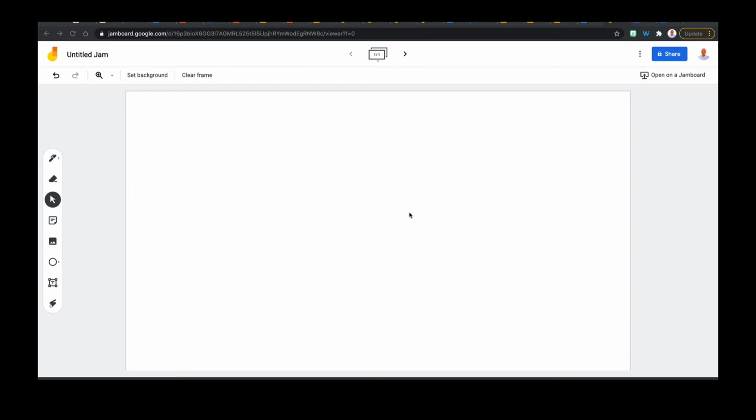As you know, Jamboard is used for a variety of reasons, for presentations or instructionally, and it's a great alternative to Slides or Drawings. It gives you just a simple interface to make interactive things for students to use in person or virtually. Now, with the latest update, the change is if you go to Set Background, you are